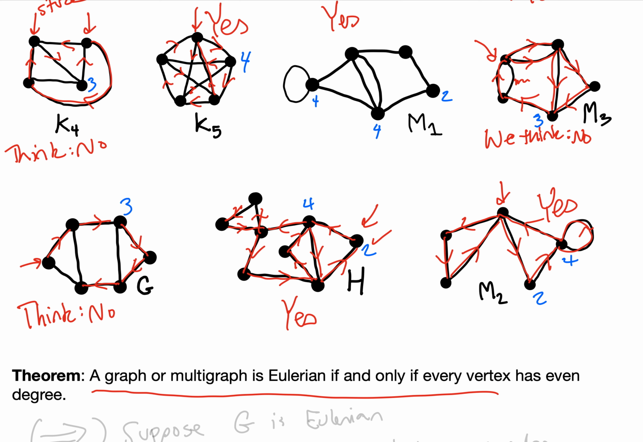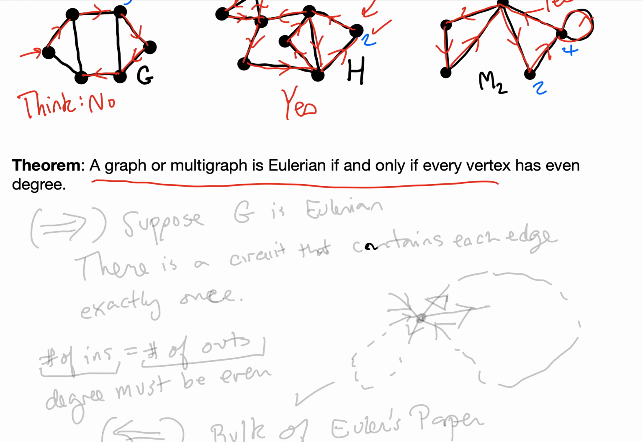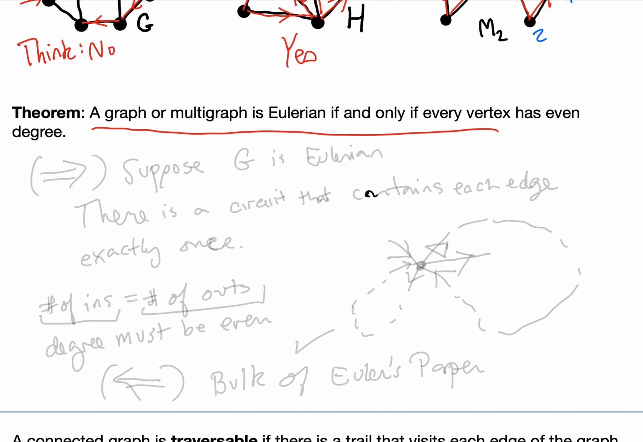Let's think about why this theorem is true. This is an if and only if statement, meaning that both directions hold. So if a graph or multigraph is Eulerian, then every vertex must have even degree. And if every vertex of a graph or multigraph has even degree, then that graph is Eulerian. So let's first think about the forward direction. And actually, this direction is fairly straightforward. So let's suppose that the graph or multigraph G is Eulerian. So that means that there is